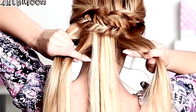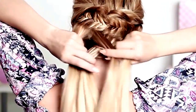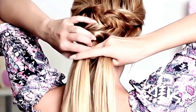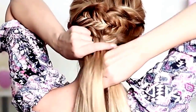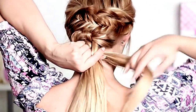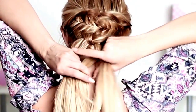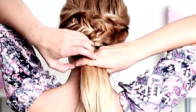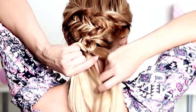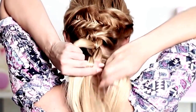And to create my braid, I grab strand number 4 and bring it over strand 3 and under strand 2. Strand 2 is the thinnest strand. Now it's in the 3rd position. Then I bring the first strand under the 2nd one and over the 3rd. The 4th strand goes over the 3rd one and under the 2nd one. The 1st strand goes under the 2nd one and over the 3rd one. So it's always over, under,